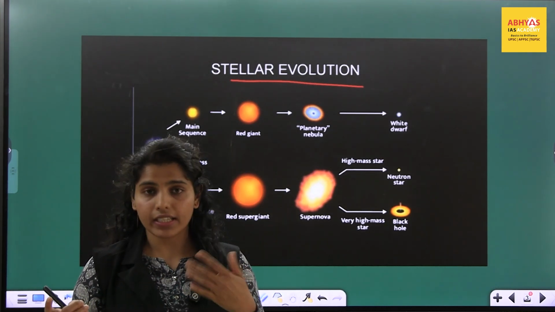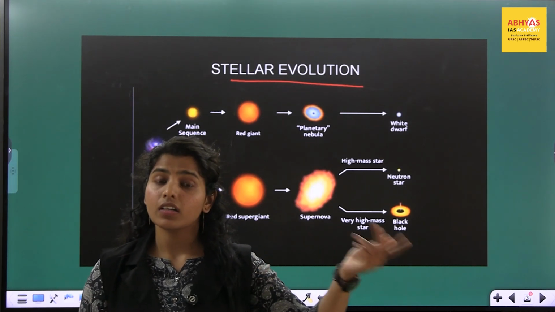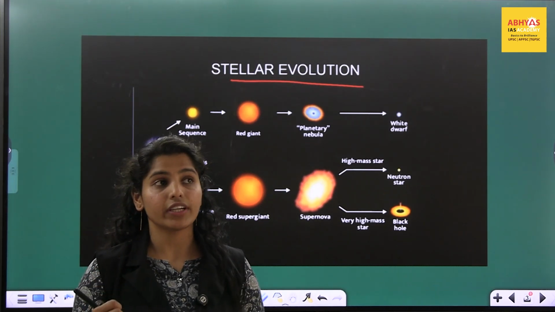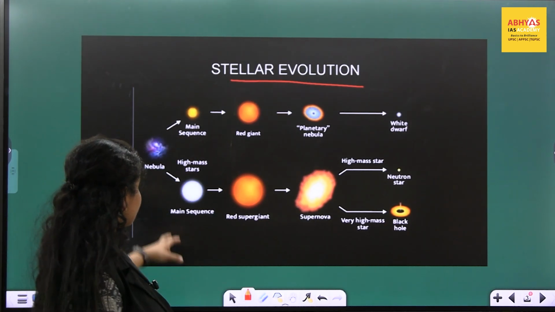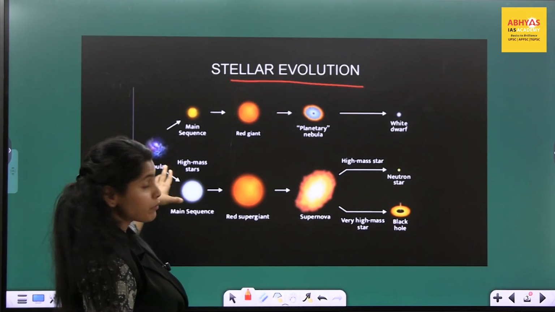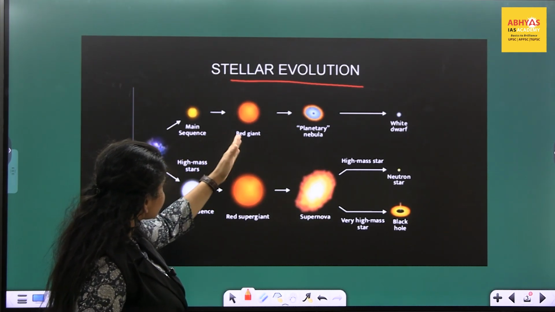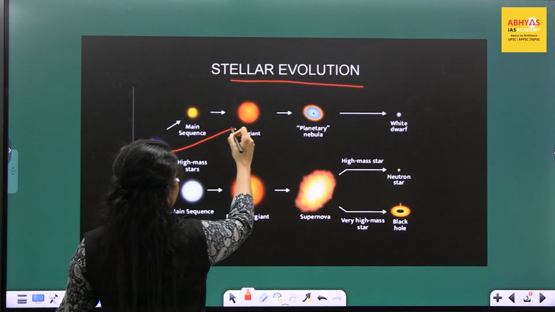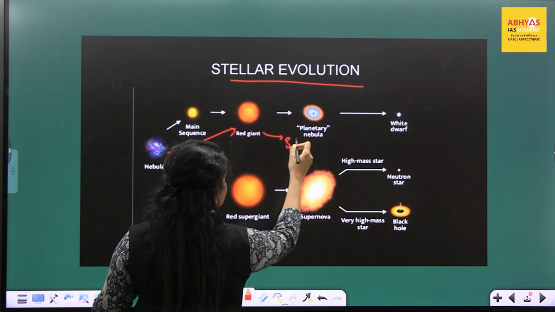In the early theory, we read about the nebular hypothesis given by Laplace and Immanuel Kant. In the modern theory, we discussed the Big Bang theory. Who gave it? You just comment and let me know in the comments. Okay, so from the nebula we have started our journey towards a red giant. Okay, from here we started into what star?